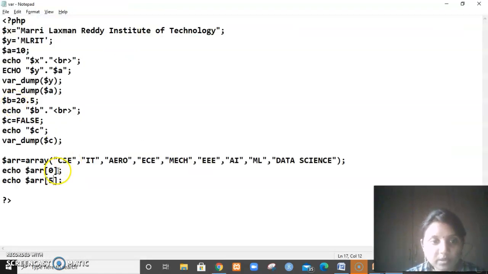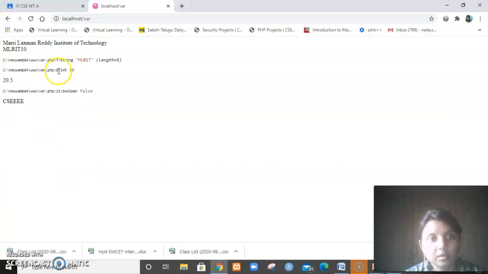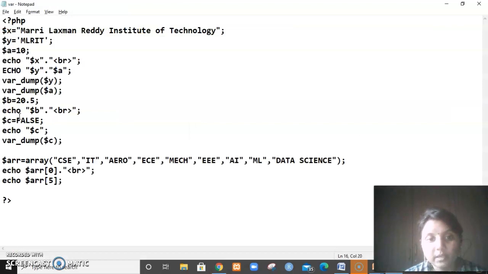Since there's no BR, it is not giving a line break. So let me concatenate it with a BR tag. Okay. So you're getting triple E. So this is one type of array.